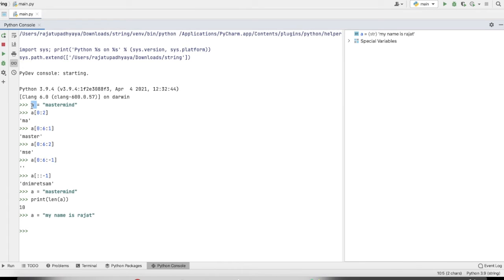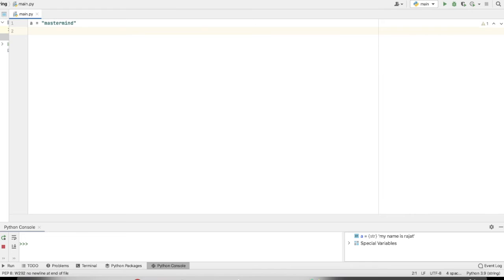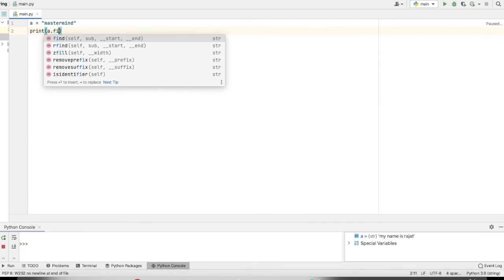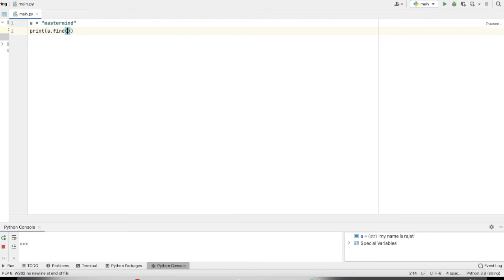Now we will talk about the find function. What does the find function do? Suppose I have defined one string A as mastermind, and we are checking print A dot find, and here we will pass the substring. We are checking whether TER is present in that string or not.